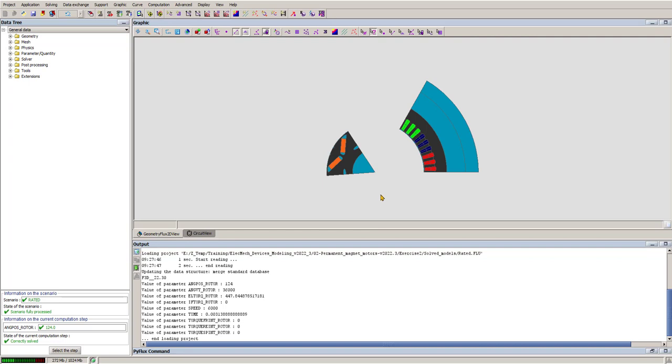I am going to show you how to compute the constant torque KT of a permanent magnet machine. So let's start from a project solved and defined in transient application with IPCN